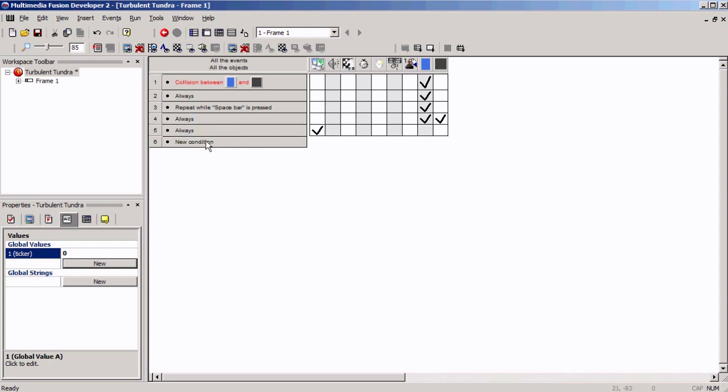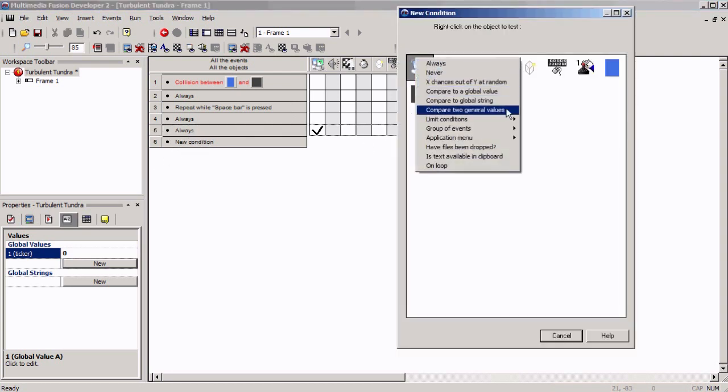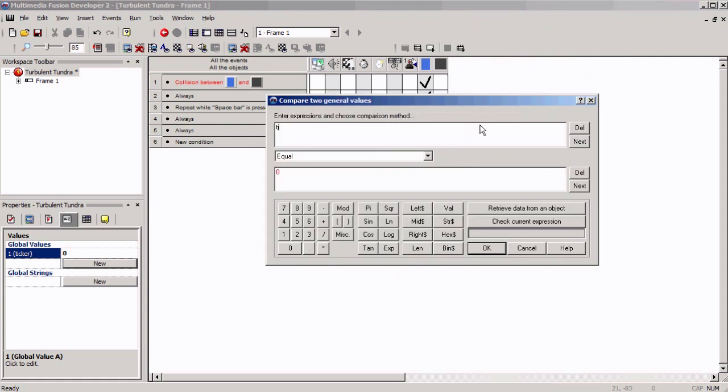So I'm going to start creating some platforms. I'm going to test the value of ticker now by comparing two values, and the first one is going to be ticker mod 32, and when that equals 0, that is when we're going to create a platform. If you haven't come across the modulus operator before, this expression means that when ticker is perfectly divisible by 32, there's no remainder. What this does is test for the remainder. When there's no remainder, that is when we want to create our